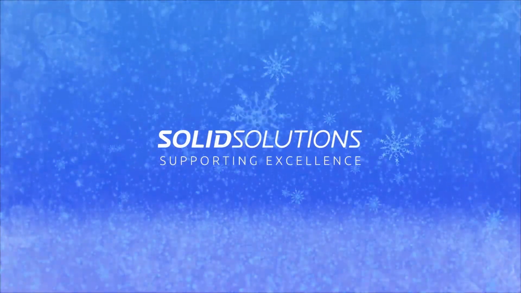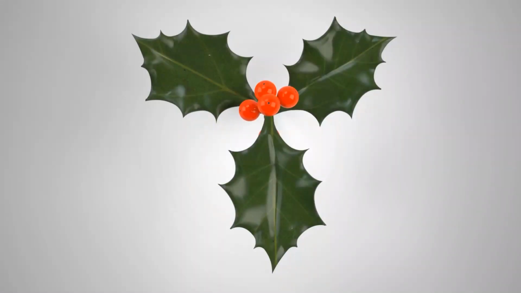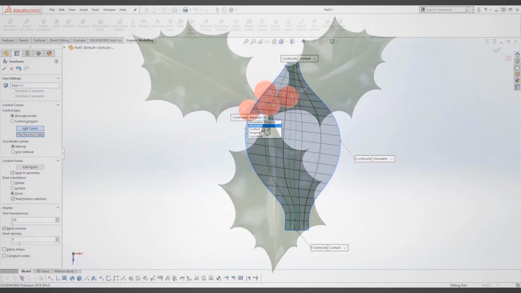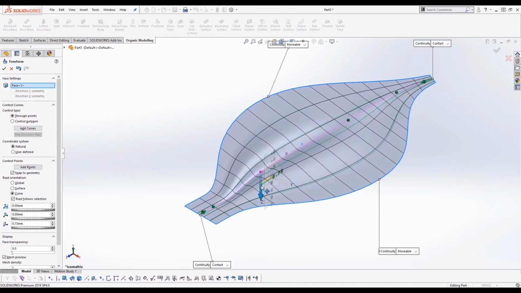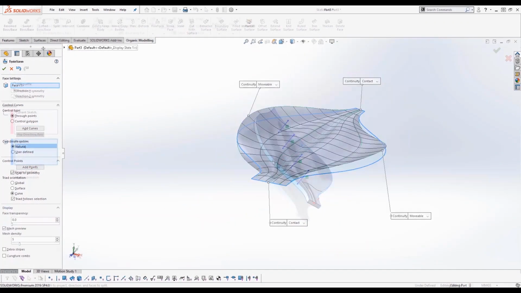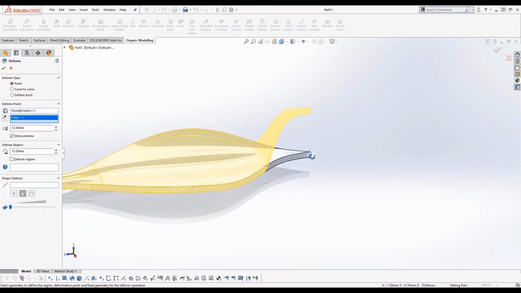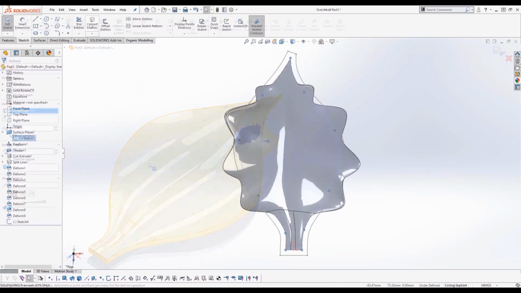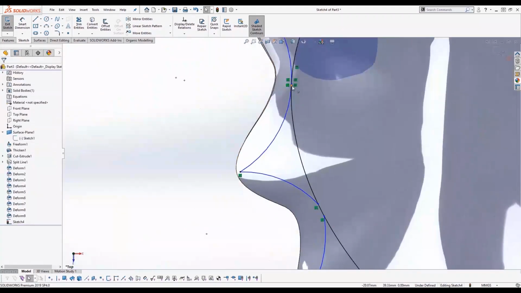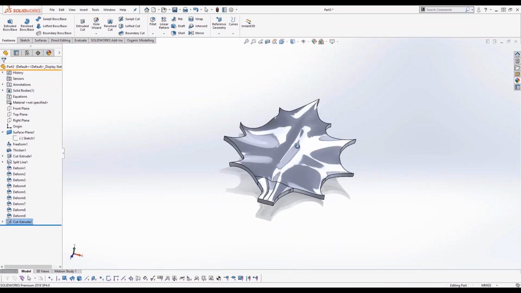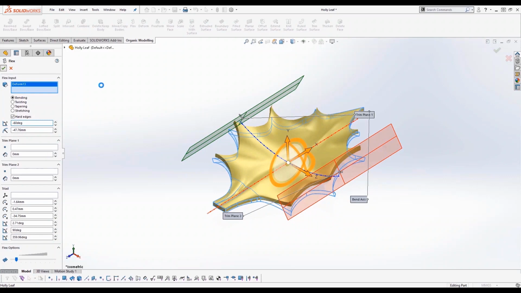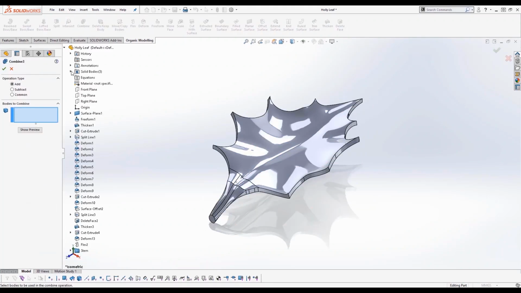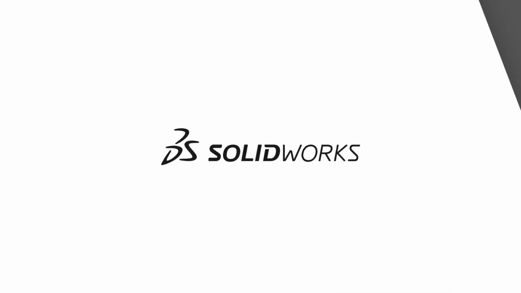Last Christmas we gave a method of modelling the organic structure of holly in SolidWorks using the freeform feature, deform feature and some surfacing tips. This year, with the release of Visualize 2021, come some great new tools, one of them being the highly improved displacement feature for advanced appearances. Meaning instead of modelling the holly in SolidWorks, I set myself the challenge of creating the entire Christmas scene just from within Visualize.